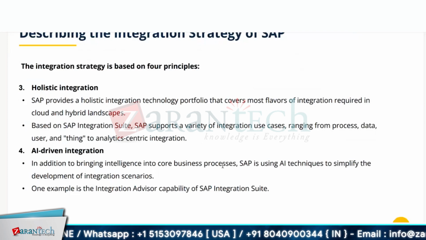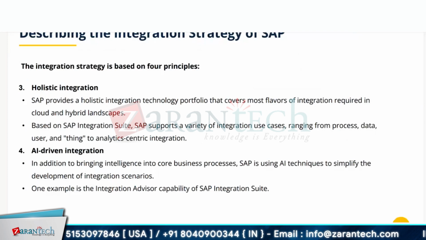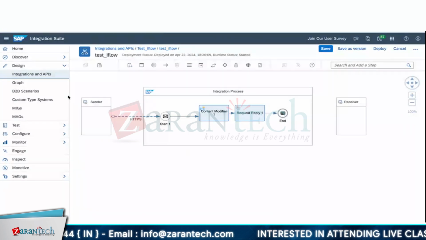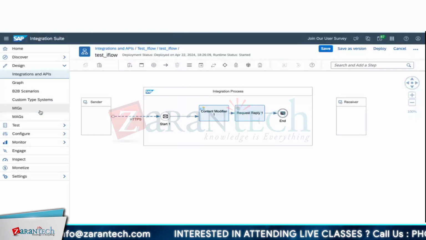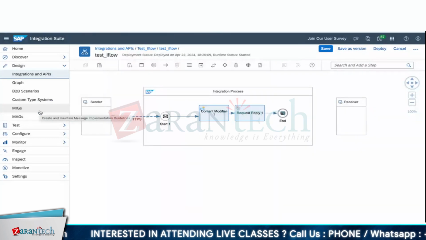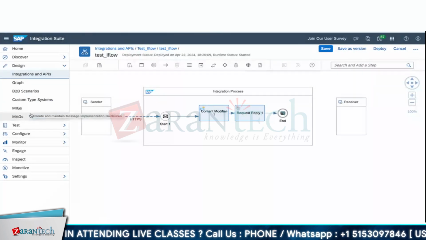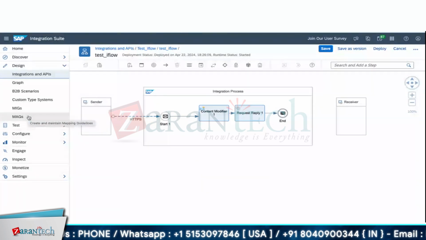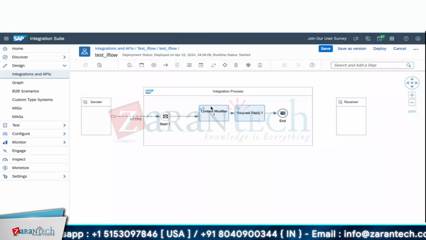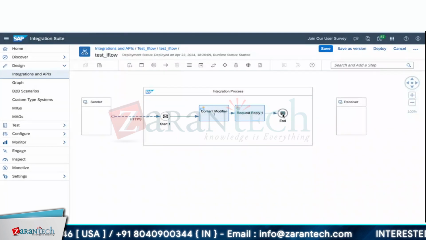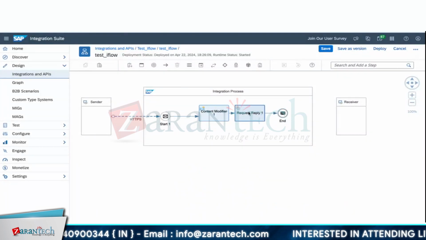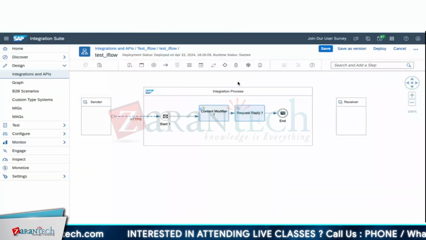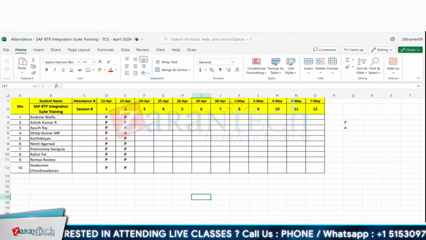Then AI-driven integration, as I told earlier. SAP used to have a content advisor tied to here, but now that it is a separate integration suite, Mix and Match will be available for you to design and develop. This Mix and Match should be referred to in your iFlow, used as your operation mapping, and that operation mapping should be deployed with your iFlow to make the transformation successful.